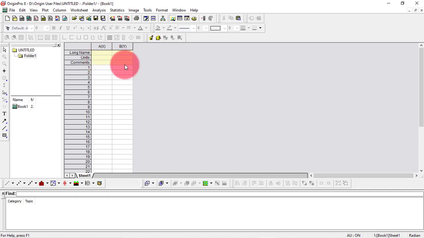But whatever you write in the comment section will not be displayed in the graph. The comment section is just to remind you of something. If you want to add a reminder that you need to remember while plotting the graph, you can add it here. These are the rows. You can add however much data you have here.